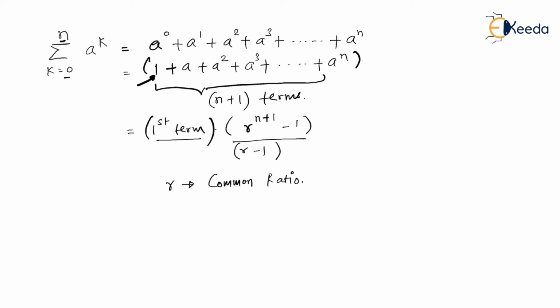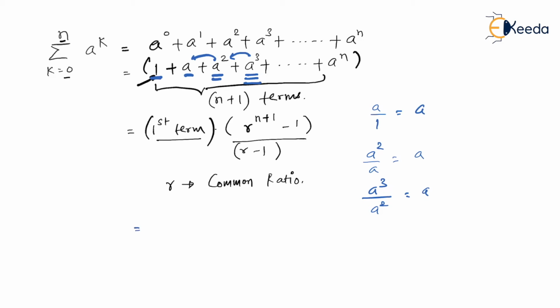So when I say r equals common ratio, what is exactly meant by common ratio? See, it's very easy. You take any term and take a ratio with the previous one, and you will get the common ratio. So for example, if you take these two terms, then it is a by 1, which is equal to a. So the ratio is a. Or if you take, let's say, a square, then you have to take it with the previous term. So a square divided by a, also you will get a. So every time you can take any term and take a ratio with the previous one, you will always get the common ratio. So a cube by a square is also a. So a is the common ratio in this case. So remember, r means common ratio.